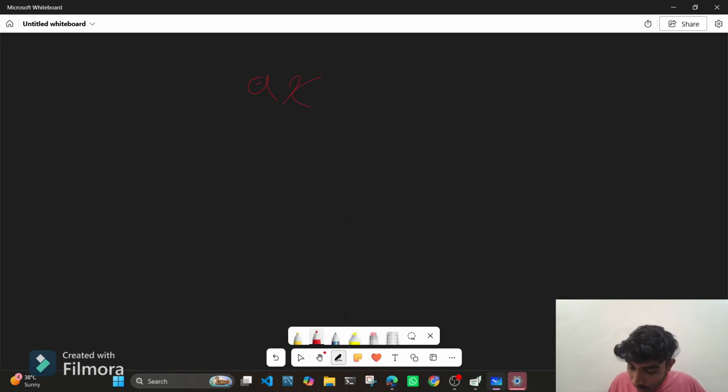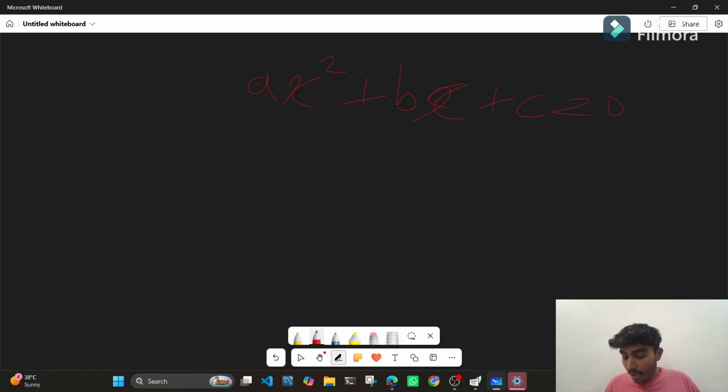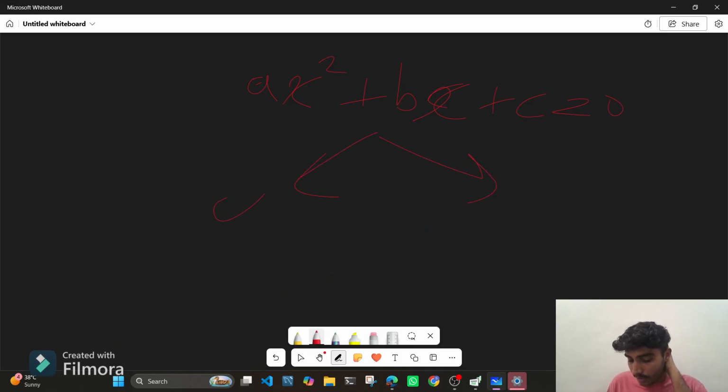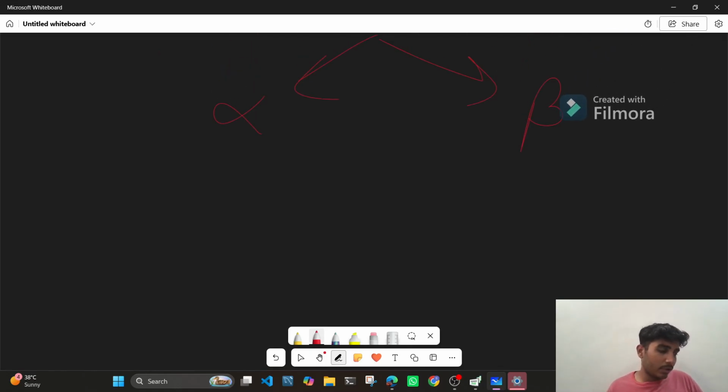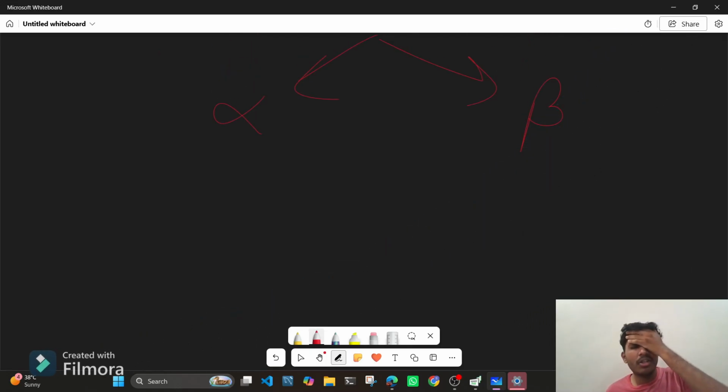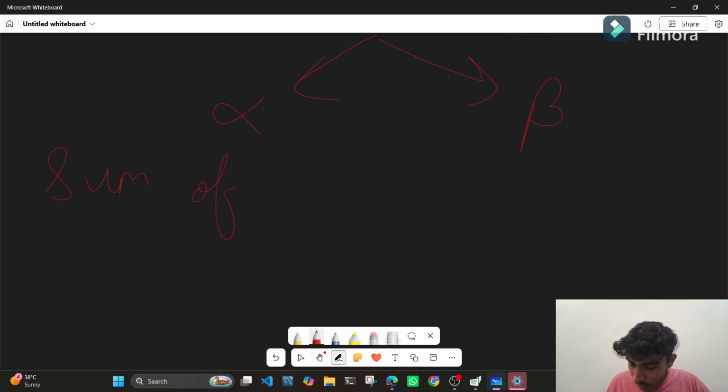Let's say you have the equation ax square plus bx plus c equal to 0. Let's call its roots alpha and beta. Basically, these are Greek terms that are used to denote the zeros of the quadratic polynomial. So what is the relation between them? You can do the proof in school or read it in the textbook; that is not needed here. I'll just write the general formula to know it. Here we have the sum of zeros